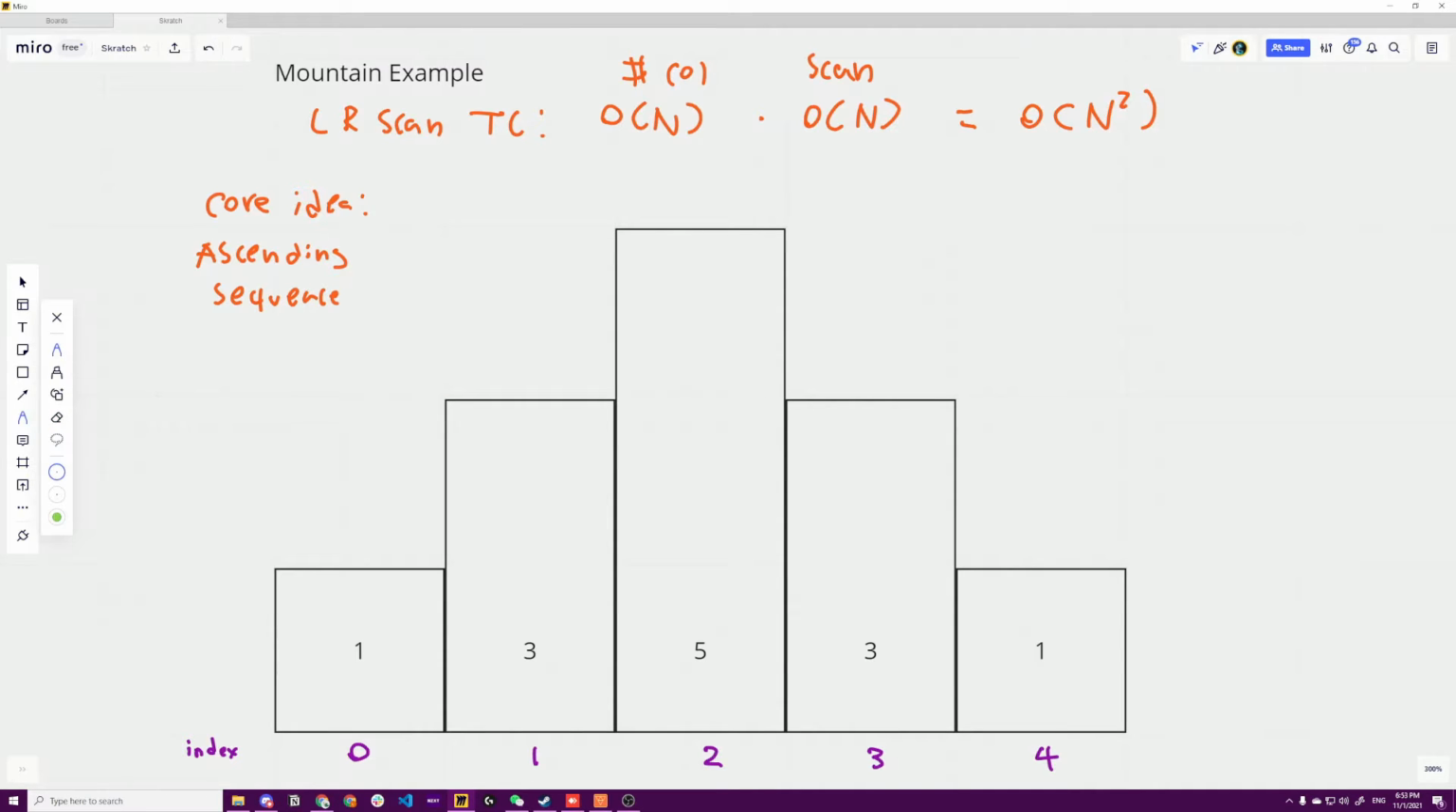The structure we're going to use to take advantage of this is going to be a stack. And the rule of the stack is going to be our core idea. We only keep indexes of the ascending sequence inside of the stack. So first goes in 0, and then index 1, and then index 2. Now, when we're at index 3, we have an issue. 3 is less than 5, so it's no longer ascending. So therefore, we must get rid of the 5. So popping this out of the stack,